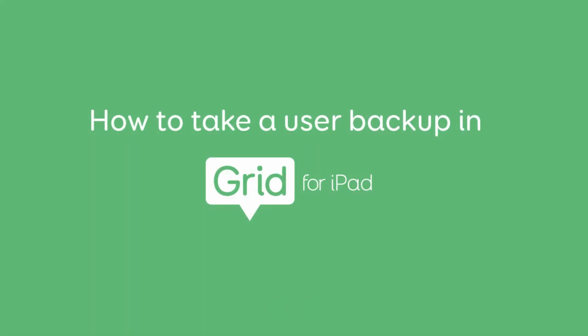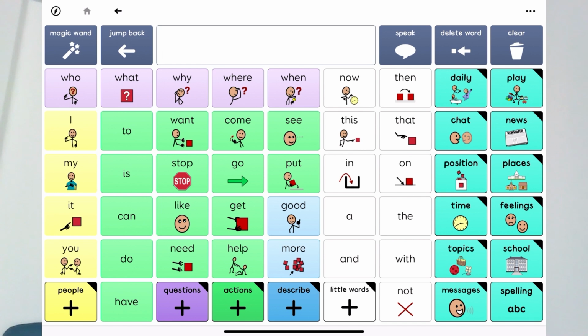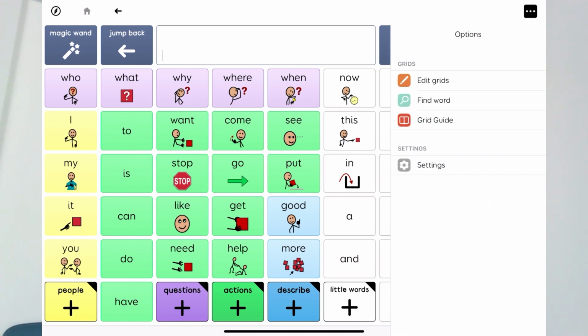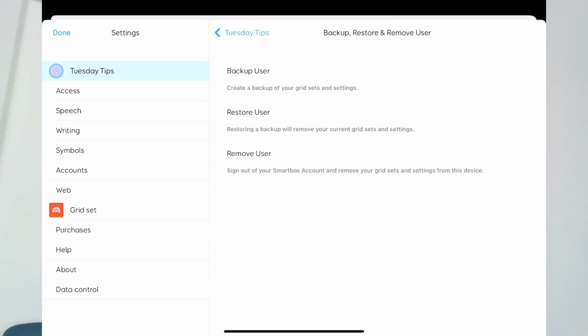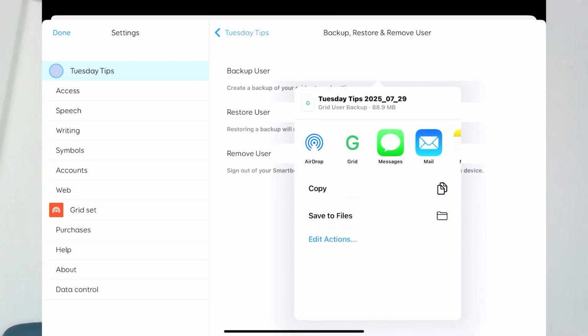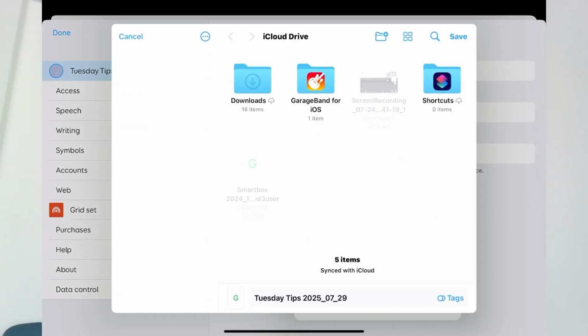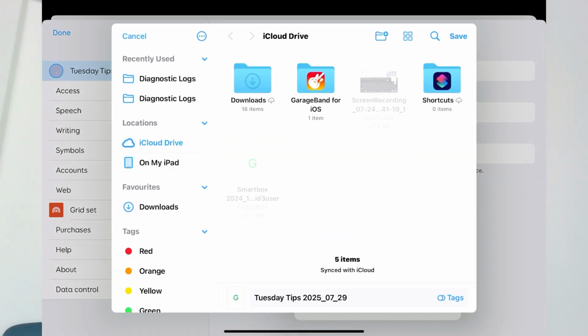To take a user backup in Grid for iPad, tap the three dots to open the menu and choose Settings. From the left side, choose the username up above Access. Choose Backup, Restore and Remove User, and then choose Backup User. Once the backup has been prepared, an iPad sharing prompt will show, allowing you to choose what to do with the file. This could be to save to the Files app, or it may include options such as AirDrop or